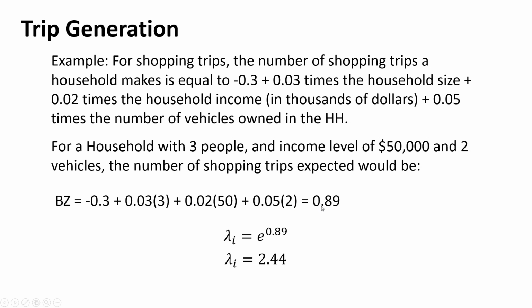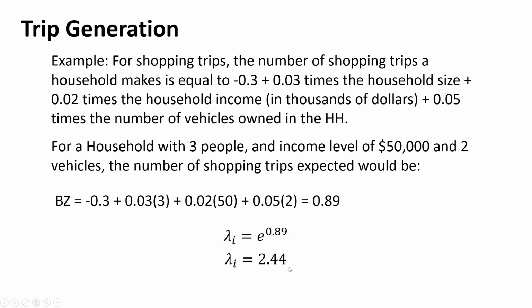Well, now we plug this number in, this vector in this case, into e to that power, and this is our expected number of trips. So if we plug in 0.89, e to the 0.89, our expected number of trips from this household is 2.44. You can see why we couldn't have used those original coefficients from the last time in this example, or we'd have a huge number of trips, like 10 or 12 trips. That's probably not likely. So this is reformulated to be used in an exponential function like this, e to the whatever power, and we ended up with an expected number of trips of 2.44.